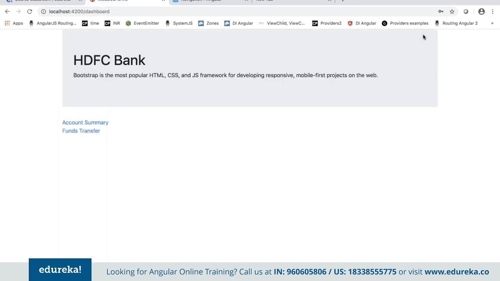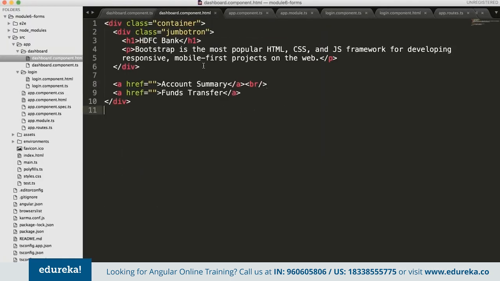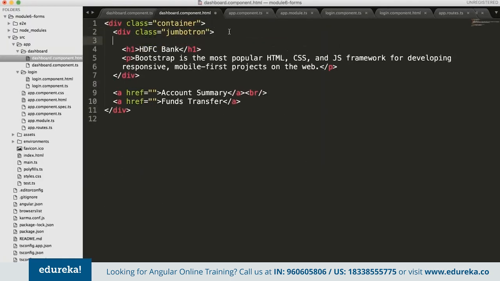Now I can have a button here somewhere. I can say logout. W3Schools HTML. You can have a paragraph or an anchor tag. Anchor, routerLink equal to